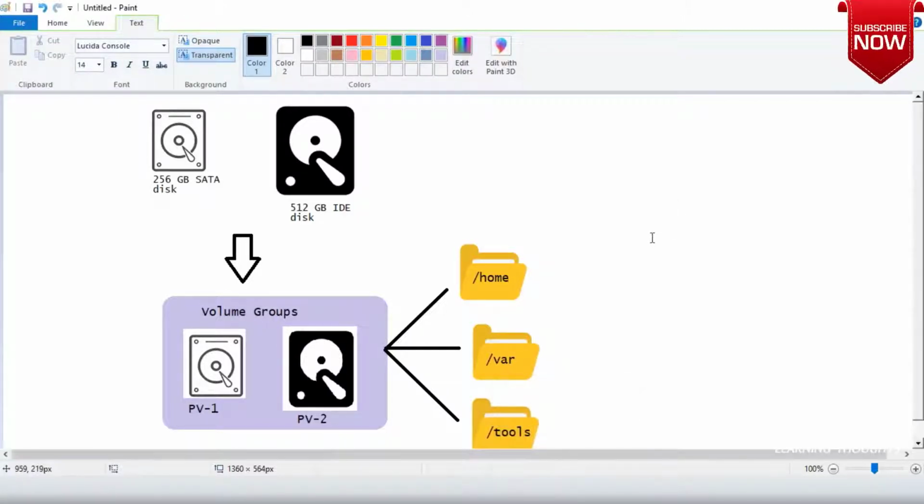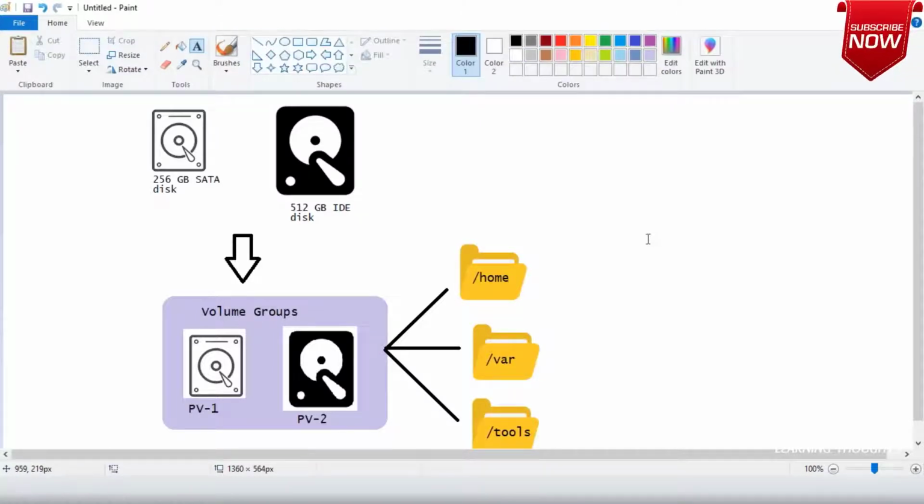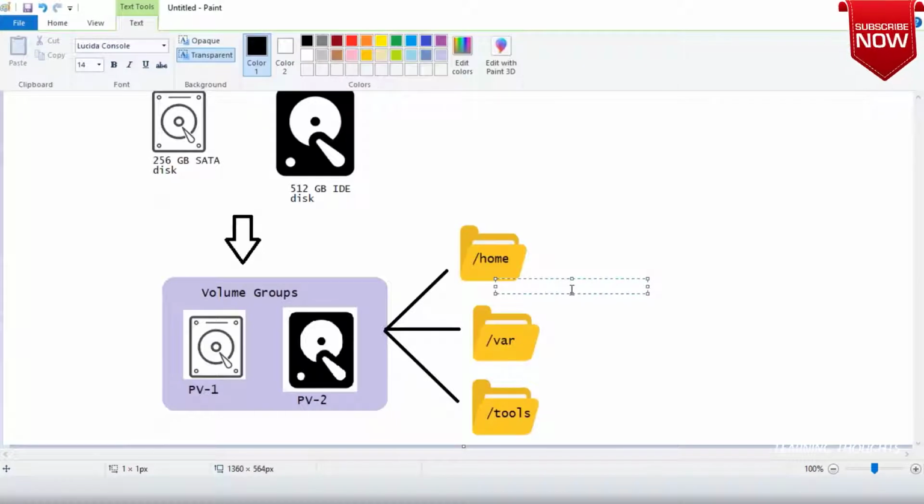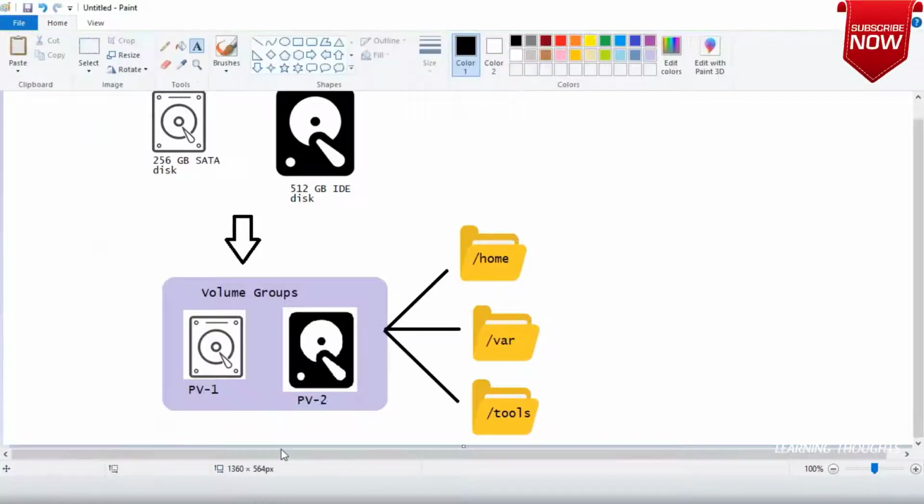Now, from the physical volumes, we create logical volumes, and these are mounted from /dev slash volume group. Let me give names so that it sounds better.